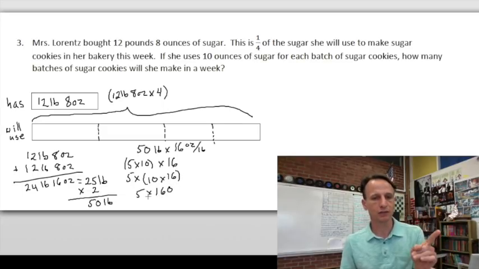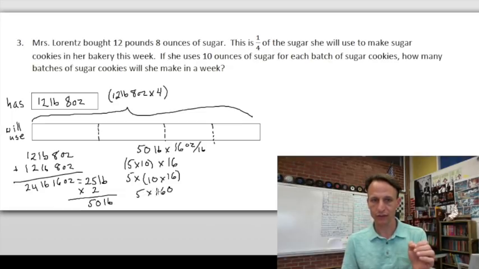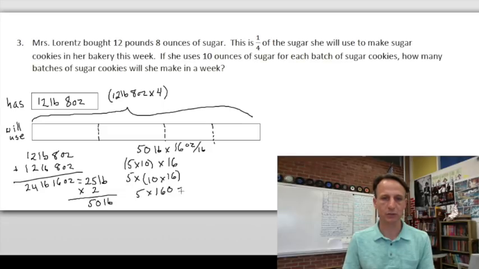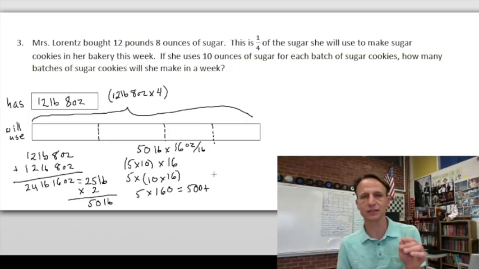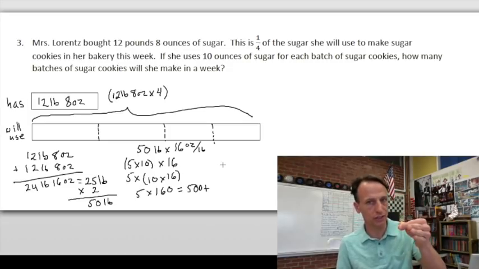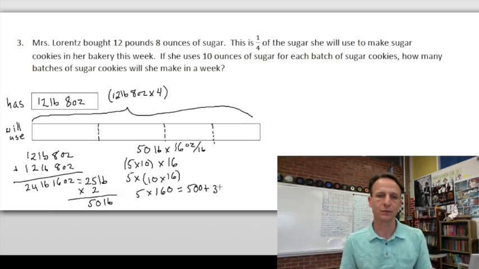Watch. Just break it down into parts. 5 times 100 is 500. 5 times 60, okay, don't freak. Okay, so here, we'll write that down. So it's going to be 500, and 5 times 60 is, well, 5 times 6 is 30, times 10 is 300. See how we did that? So it's 800. And that tells us 800, you might have forgotten what we were doing, it's ounces in that